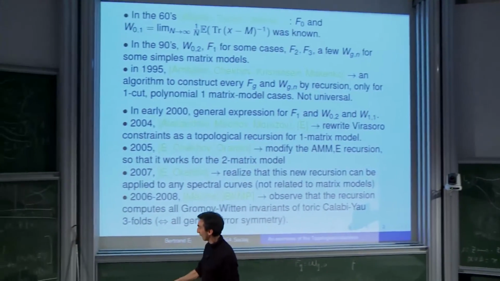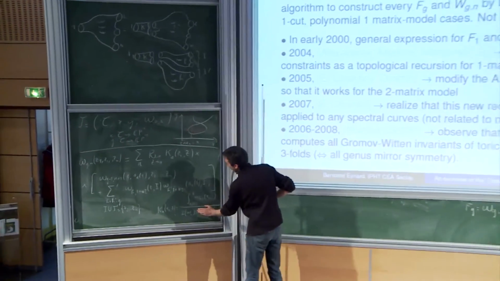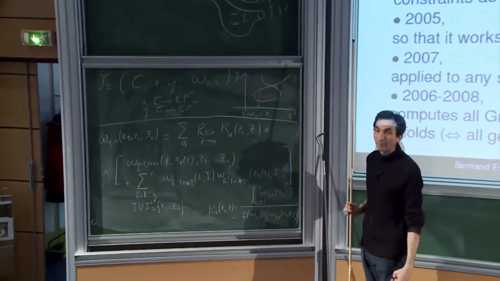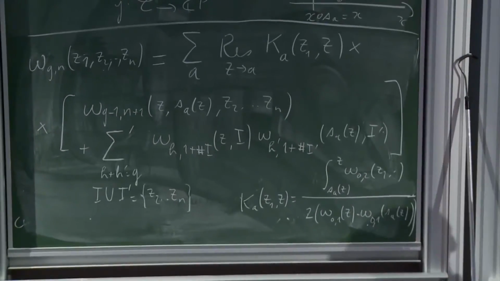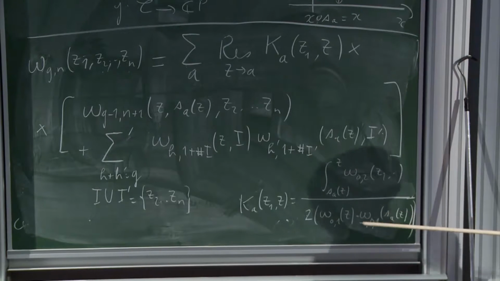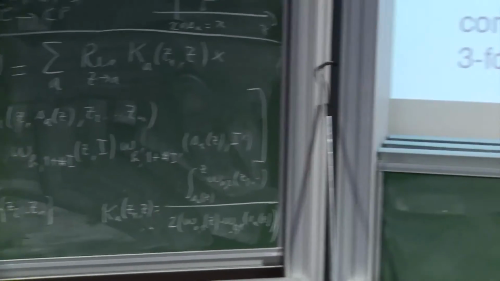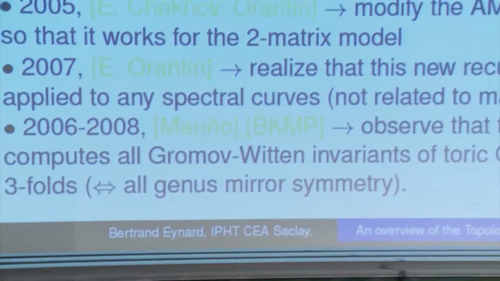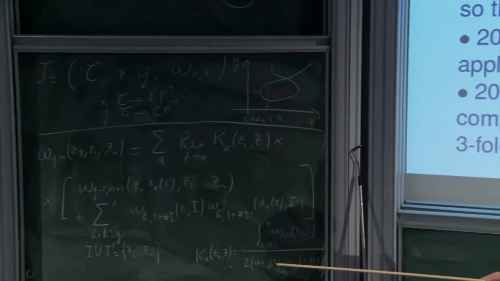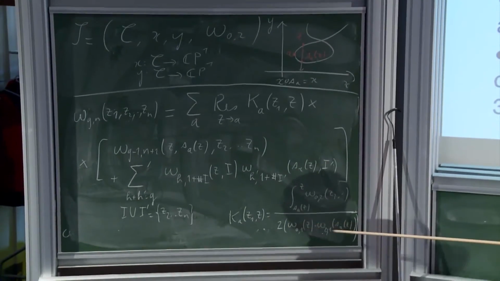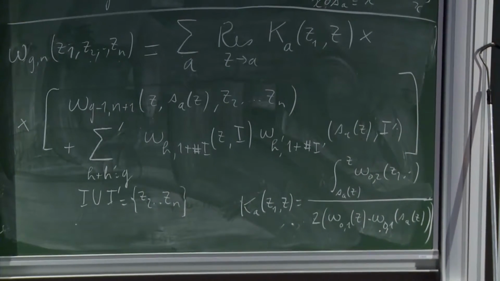The only difference is that the denominator was not this one. It was only one term multiplied by 2 because we were studying only the hyperelliptical case where this equals minus that. And it took really a long time to understand that the good generalization was to do that. And this is what we did with Chekhov and Orantin. More than a year later, we understood that the formula which can generalize to other matrix models is when you replace this term by this difference. And really, to us, it was not obvious at that time.